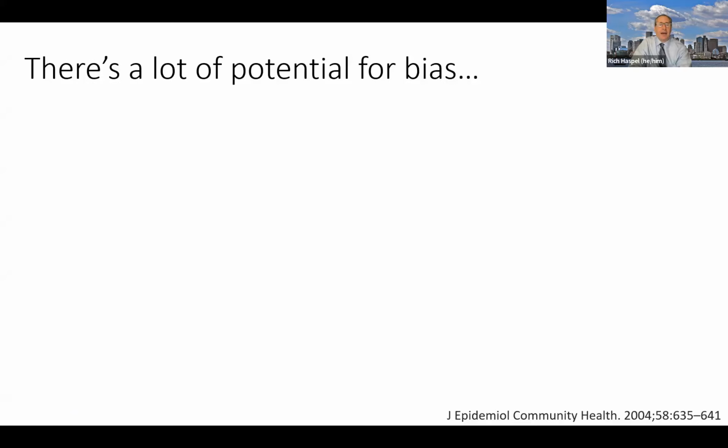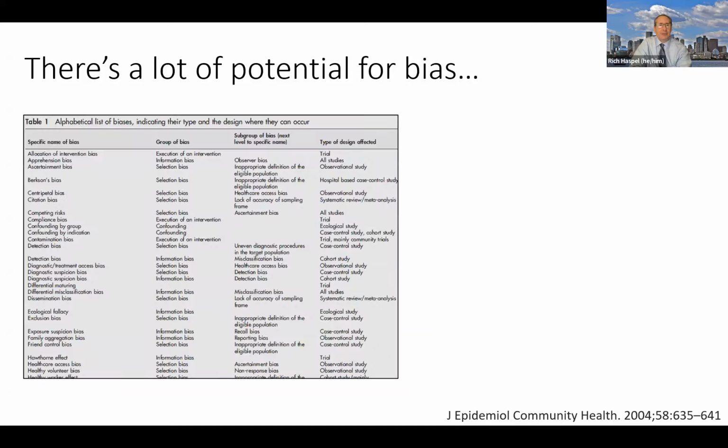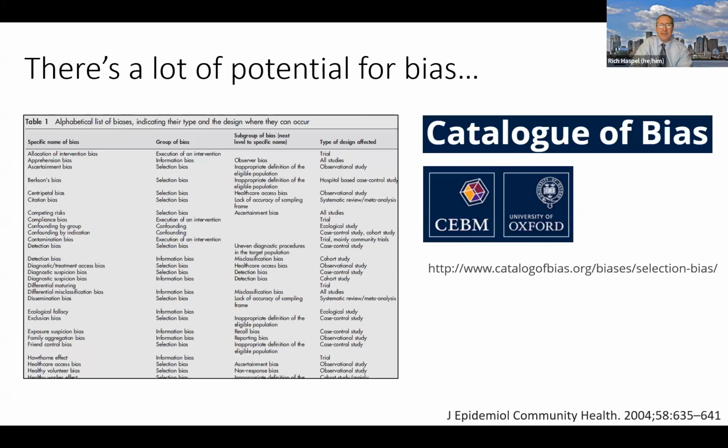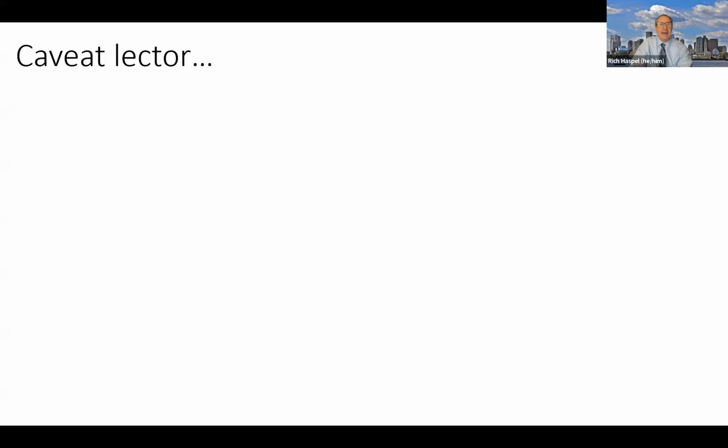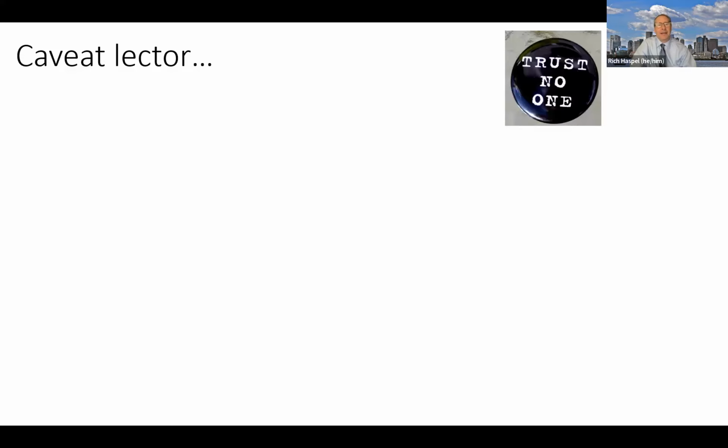So nothing to disclose. So another way to phrase this is there's a lot of garbage out there with the medical literature. So this is just a paper. I actually think I got it from Dr. Callum, listing all the zillion types of bias that can occur in a paper. There's even something new from Oxford called a catalog of bias. I happened to do a search and they list all these biases on the web. So there's a lot of potential. And caveat lector is reader beware, okay? And again, there is a lot of garbage out there.